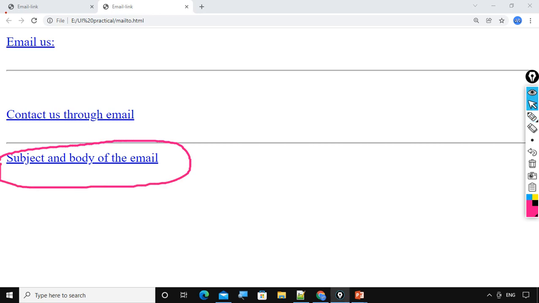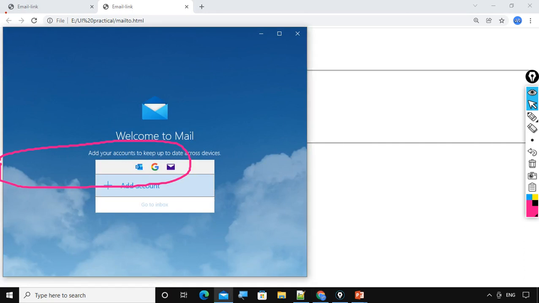Once I click here, it will open my default messaging software, but I have not configured any default messaging software, that's why it is not showing default recipient, default message of the email, and default subject of the email. But if you have configured default messaging software in your system, then definitely you will get the default recipient of the email, default subject of the email, and default body of the email.